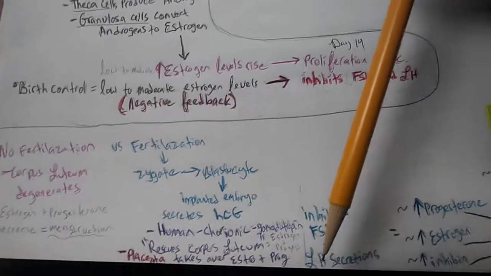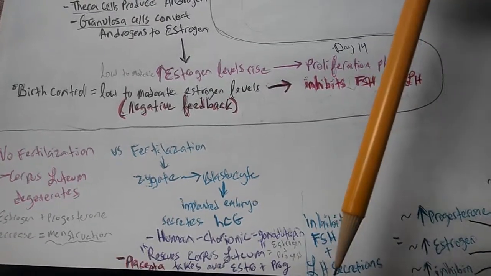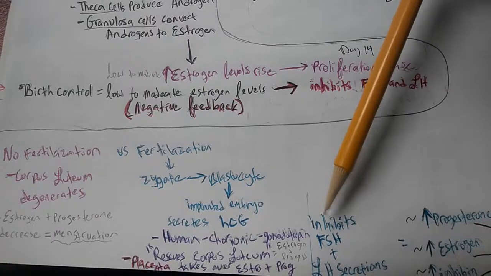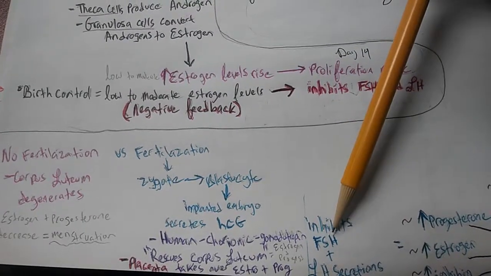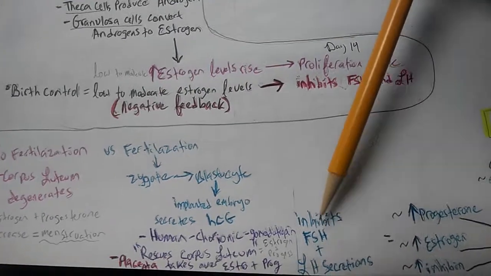Ovulation again, the egg will not burst through the ovary and go into the uterine tube because there's no egg to go through without the FSH because there is